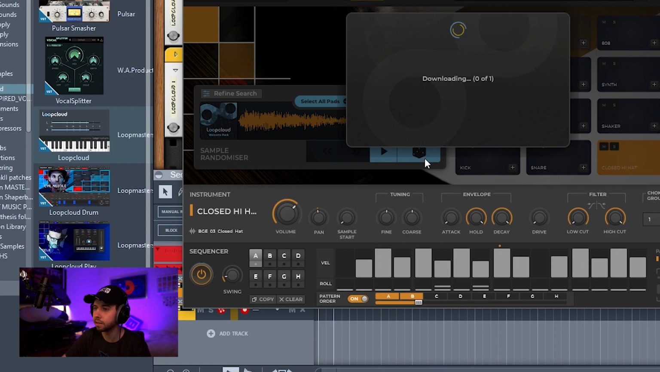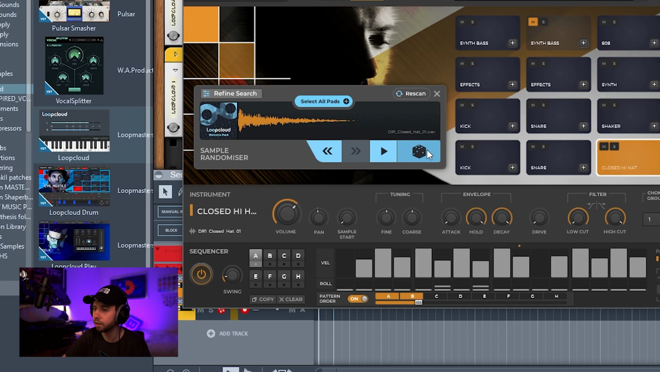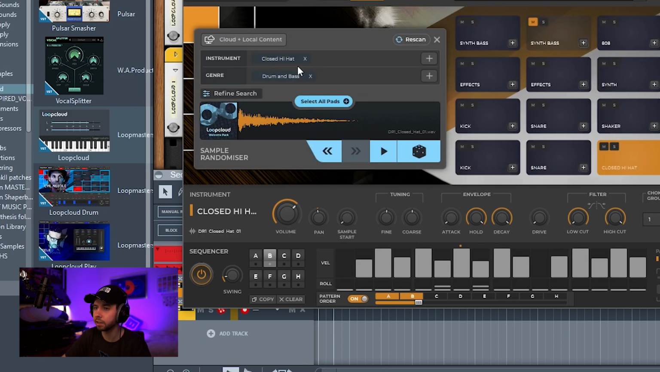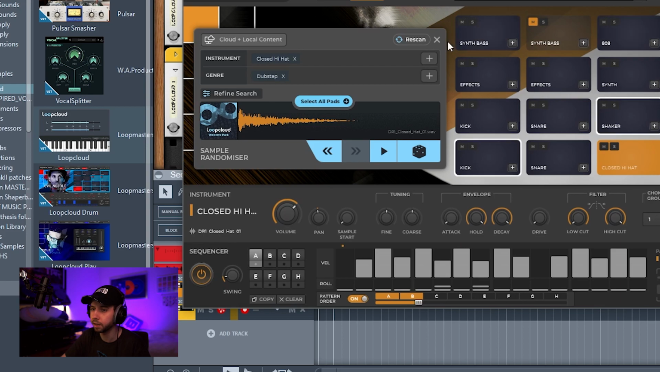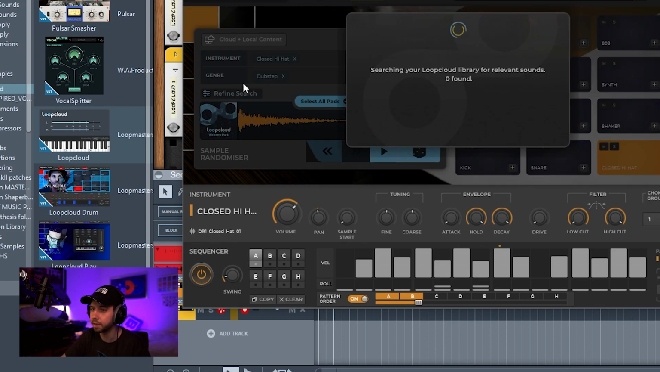And I guess it's searching my whole library. We can refine the search as well. So we can do instrument, close hi-hat, and then genre is drum and bass. So it's only going to search for these two different things here. So we could even refine this by adding a different genre. So we could do this and we could select any of this. We could even put a dubstep hat in or something and then hit the randomize and it will search for